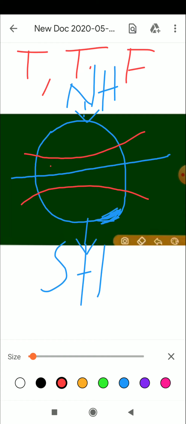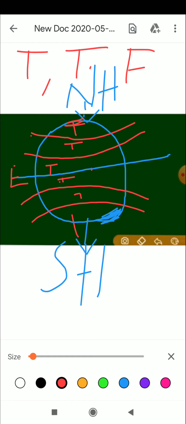This line is the equator and this area is the torrid zone. The second area is the temperate zone, and the top area nearing the north is the frigid zone, the polar area. Exactly the same on the southern side of the torrid zone: temperate zone, then the last is the frigid zone.